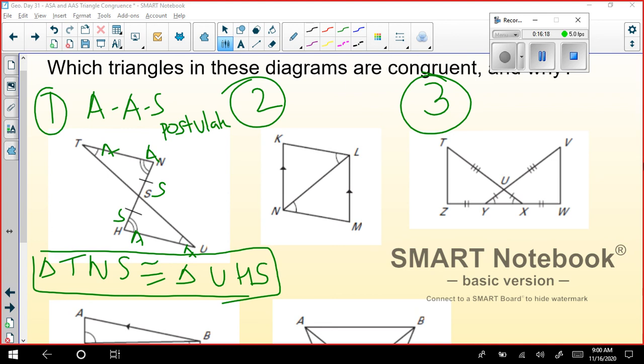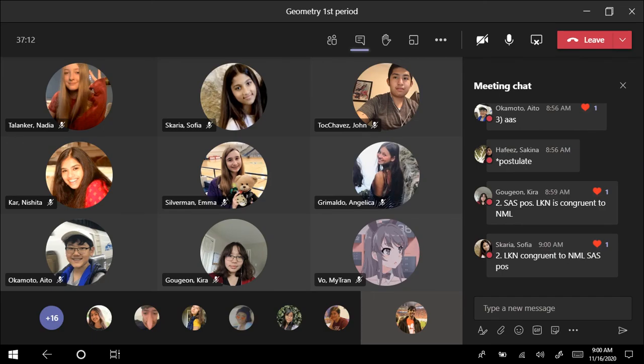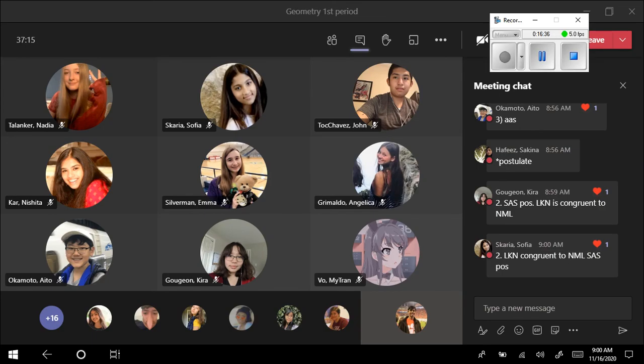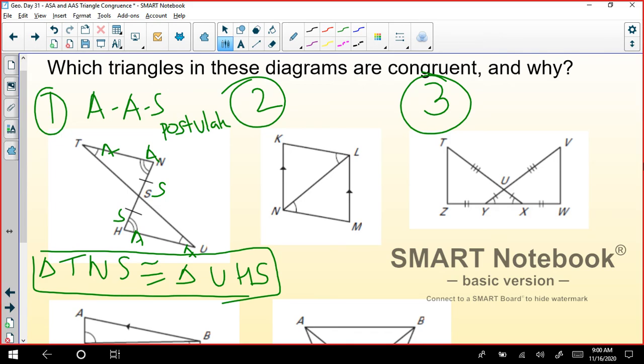Well, we have an answer for the second one, so let's see here. Your friend said that it was SAS. Let's check that. I have this particular side, I agree, but I don't have any other side which is mentioned. I have these two angles which are congruent, which is given, but I know these two are parallel, right? So I can say these two angles are also congruent. I can't say anything about the side.